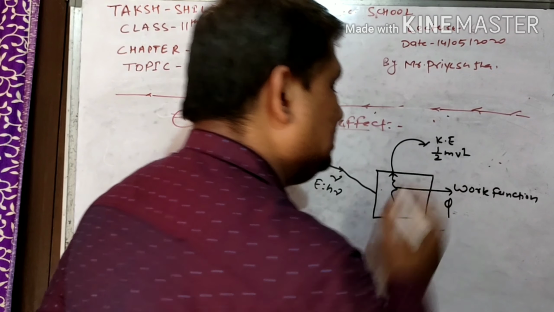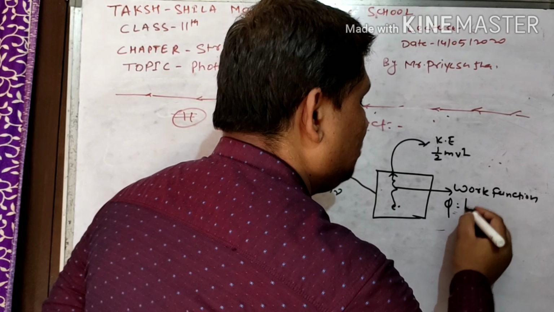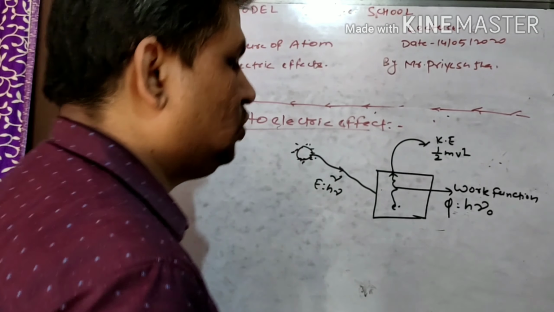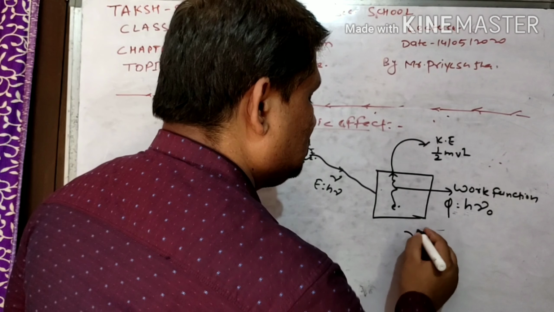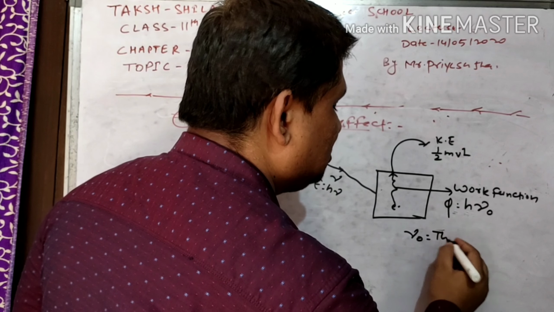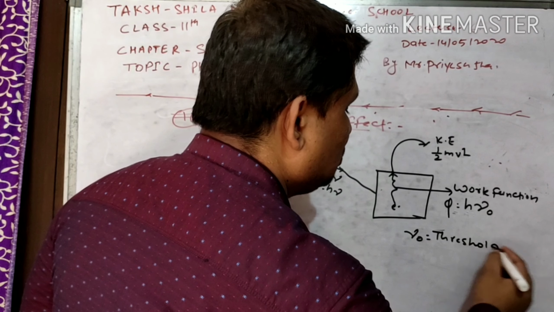So work function is represented like this, h nu naught, where nu naught is generally known as threshold